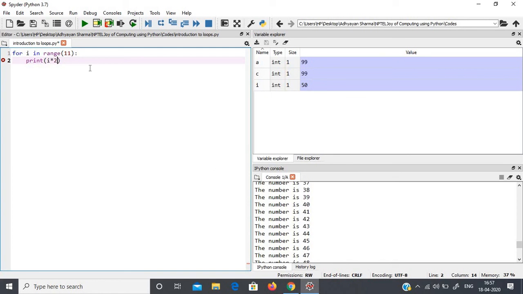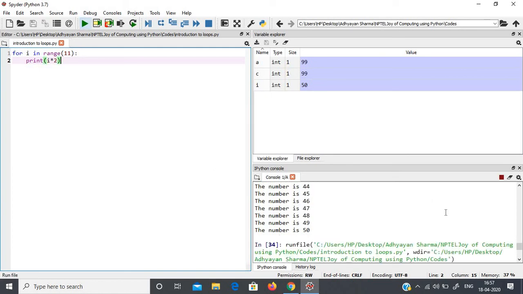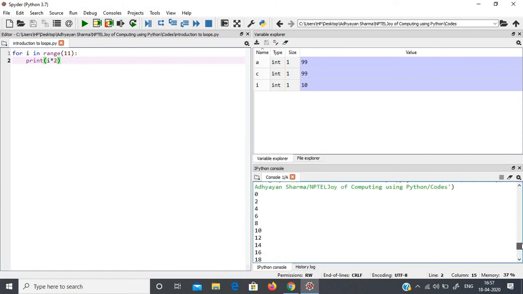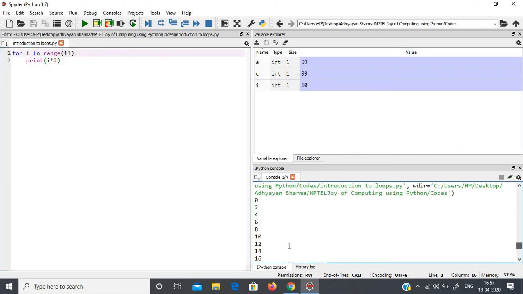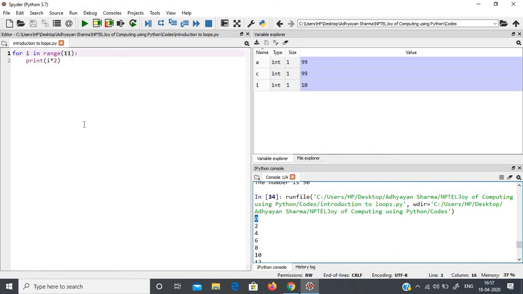Suppose I want to display the table of 2, it will display, you can see, 0 2 4 6 8 10 12. I have written 11 because it's displaying this 0 also.